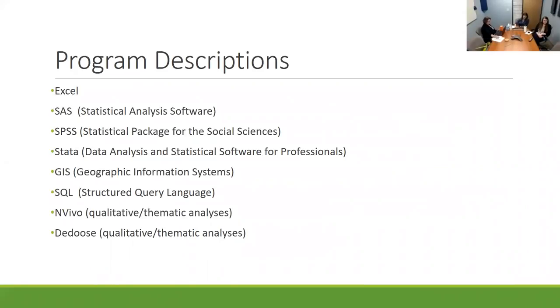Geographic Information System is mapping software. So not only can this map out information for you, but you can do analyses and sort of compare data sets and do merges. This can also be complementary with